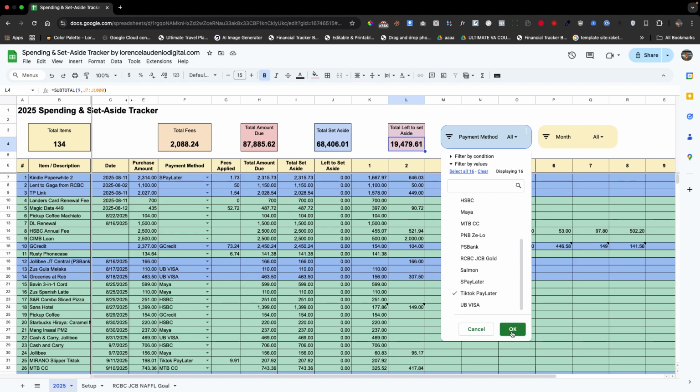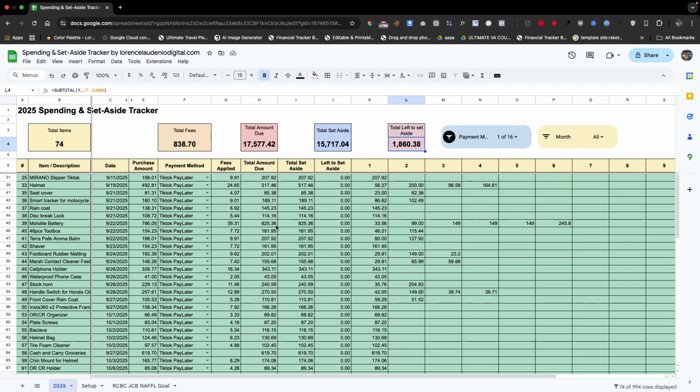So when I select TikTok Pay Later and click OK, it will also filter, like we bought 274 products using TikTok Pay Later, and here's the total fees, the total amount, the total set aside, and the total left to set aside.